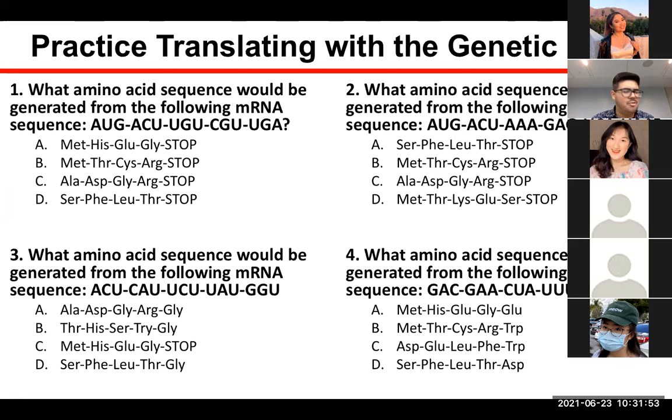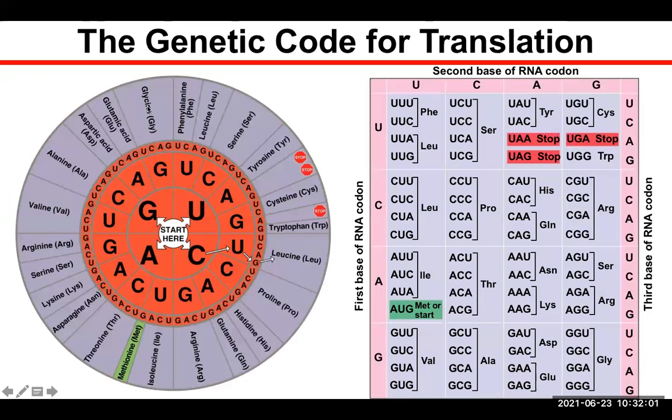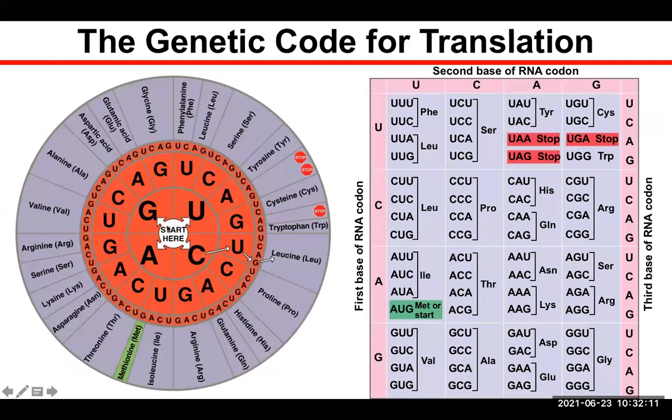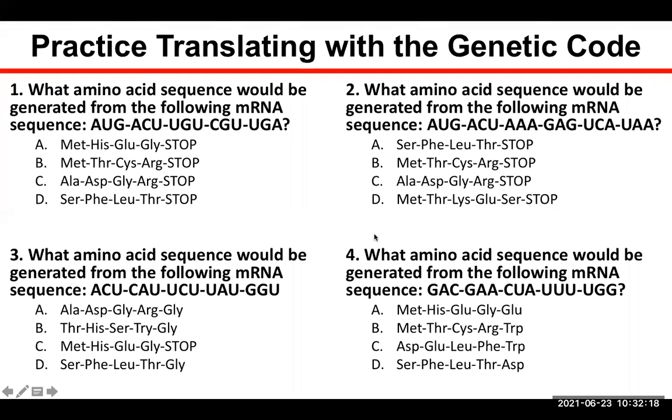This one is just very straightforward. So if I have AUG present, I'm just going to go ahead and use the code. So I already know that AUG is going to code for methionine. And then let's see, ACU, so that's 3 and 9. Okay, so that's there. And then triple A,